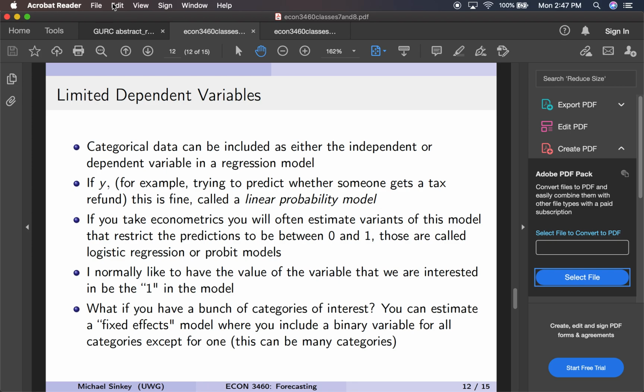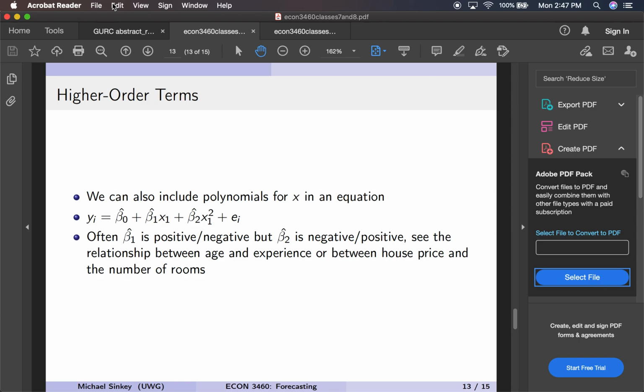And this is what's called a fixed effects model. We can also include polynomials for x in an equation. So take a look at this relationship. I'm trying to explain why. I include x1, I also include x1 squared. So if you think about the relationship between education and experience,